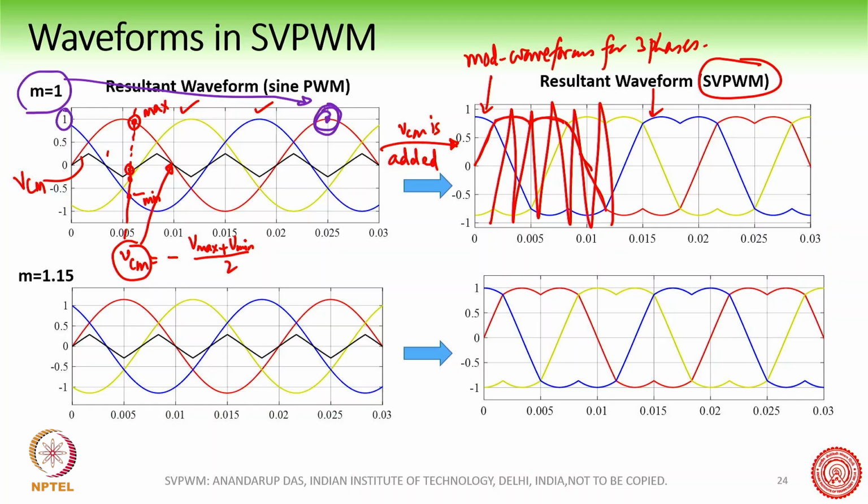Remember, our triangles are always between +1 and -1. That is what we have assumed. Here, on the left side waveform, we have reached m equal to 1, so the sine wave at one point is touching m equal to 1. On the other hand, once you have added the common mode, what you see here is that the peak is no longer touching